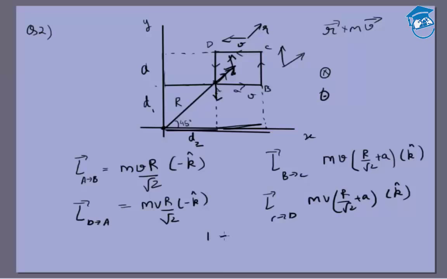So option 1 says that L is equal to minus mvr by root 2 from A to B. That is true. So the first option is true. The second option involves r by root 2 minus A, whereas it should be r by root 2 plus A. So it's false. The third option is true, and the fourth option is false because there should be a minus k cap. And if you are asked which of these options is false, the answer should be 2 and 4,